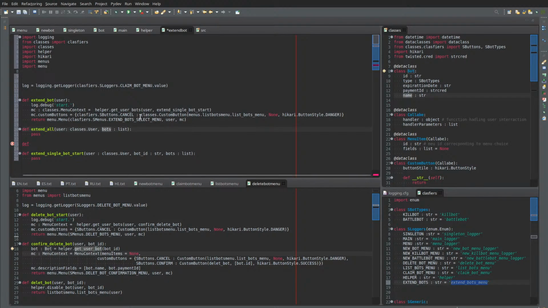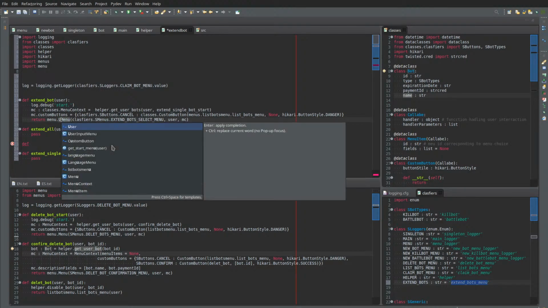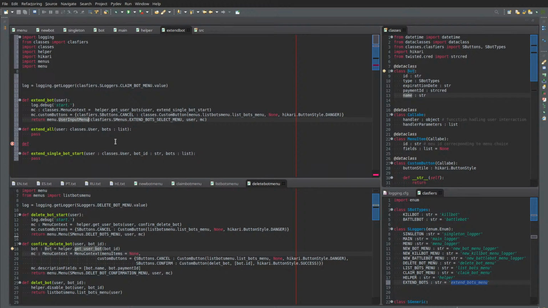Yeah, I guess it doesn't. Okay, it's not actually a menu. This is not a menu. It's supposed to be a user input menu. So it can actually handle the input as text. Right. So user input menu doesn't really. Well, it only changes the behavior of handle input. The buttons will be called as usual,